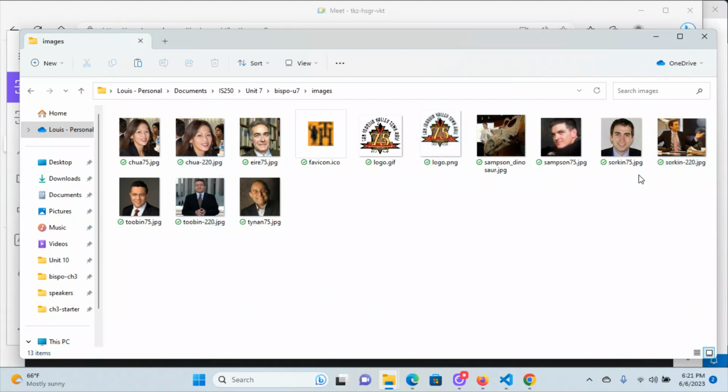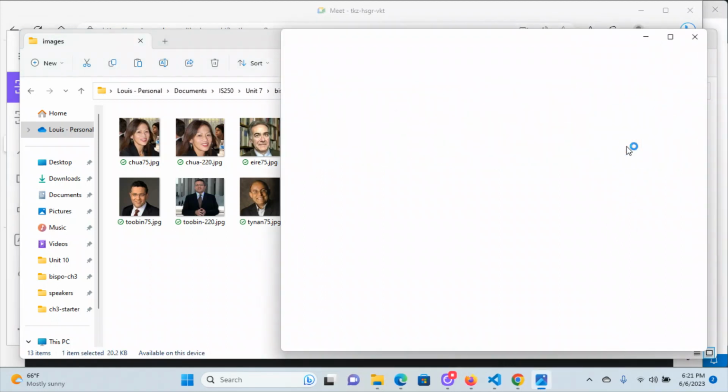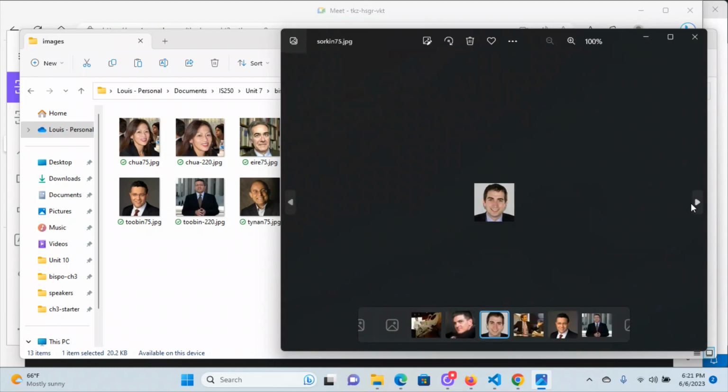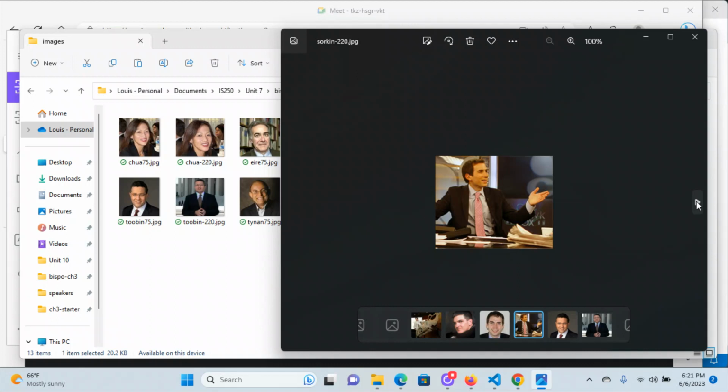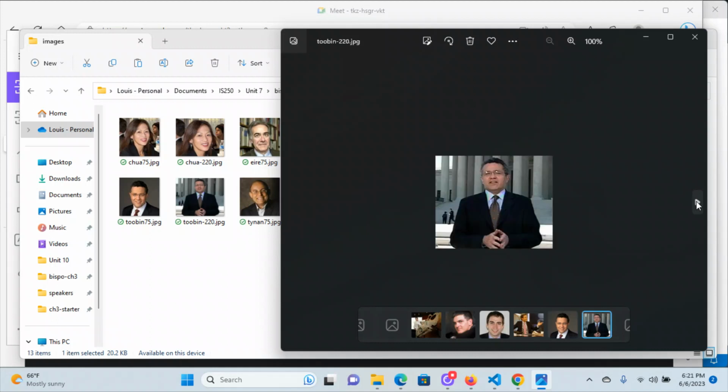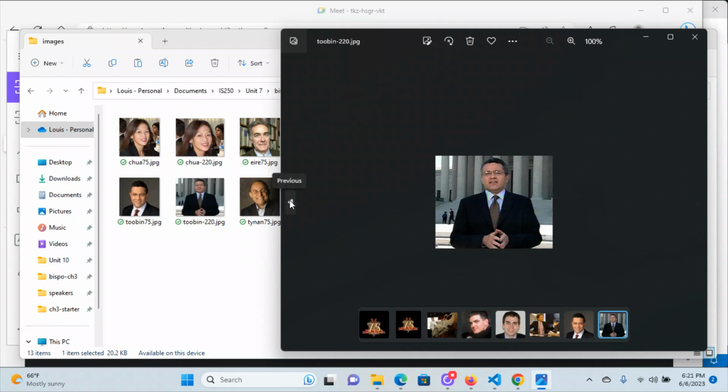If you have something that small, then it's kind of difficult to demonstrate a responsive image when there's really nowhere it can go. So like here is the 75 pixel Sorkin, little itty bitty thing, and then here's the 220, same dude, real dude as it turns out. And then same thing with Tubin, so here's a little tiny Tubin 75, and then here's the Tubin 220, and so on and so forth. So we'll get those guys in there, and then also the logo,